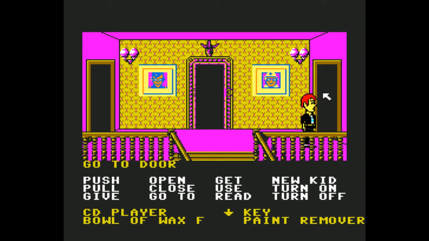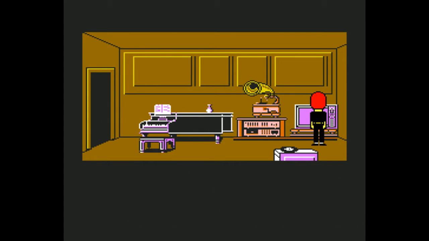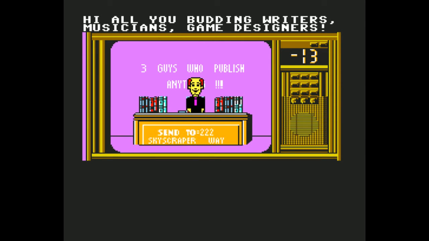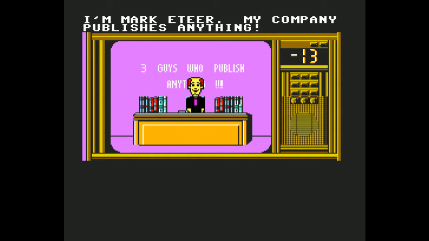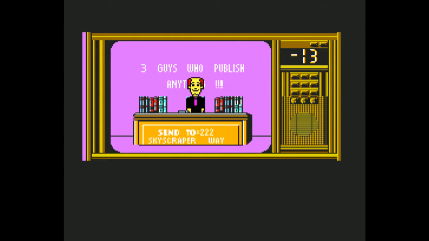I do appreciate how different characters and different teams you pick affect your difficulty. If you pick Bernard, things are a lot easier, because he can basically do anything. I mean, he can do anything, but can he do music? I think he can't do music, but he can do pretty much everything else, and you already have Dave, who... Can Dave do music? I'm really confused. I don't think Dave...